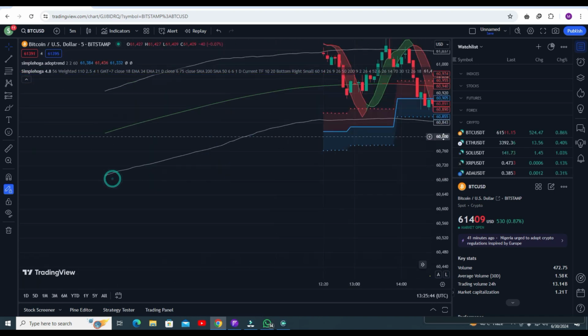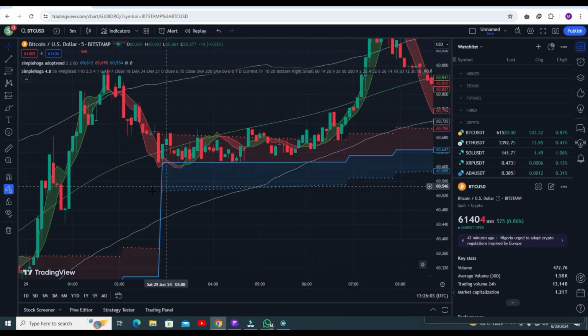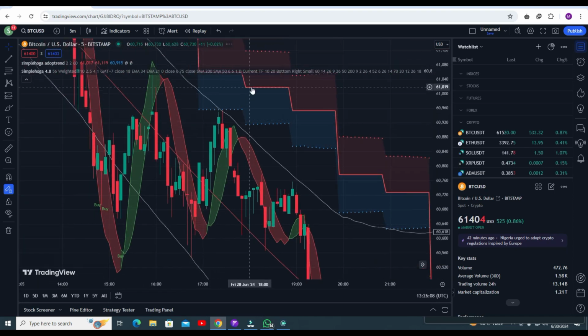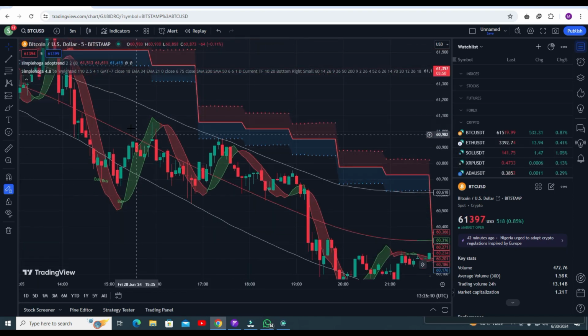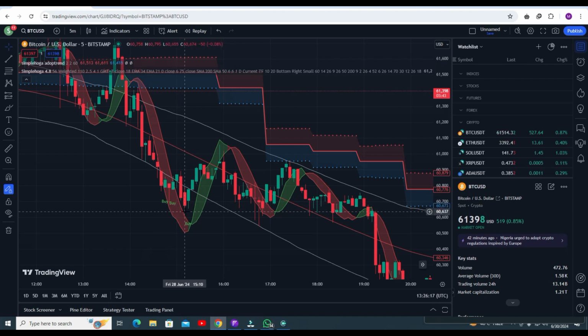Mention here, this is the trend line. If the trend line is blue, that means you have a buy trend, and you need to go for buy trades only. Do not go for any sell trade if the trend line is blue. If the trend line is red, let me show you. Here you can see the trend line is red. You need to follow only sell signals. Like this one you can go for the sell trade, like this one you can go for the sell trade, and you are getting awesome profit.